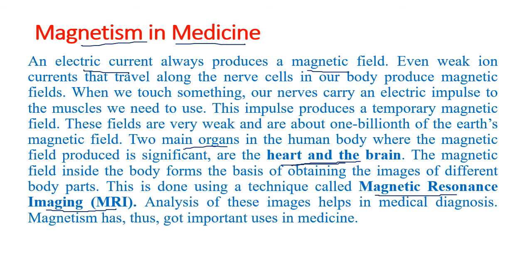The magnetic field produced creates a force on the external magnet, and that is how those small electric signals are amplified. Our brain creates very small electrical impulses, but they are magnified and their effect is studied by an MRI machine. Even the ECG of the heart is based on electric impulses. This is just to explain how magnetism is used in medicine, just for information's sake.